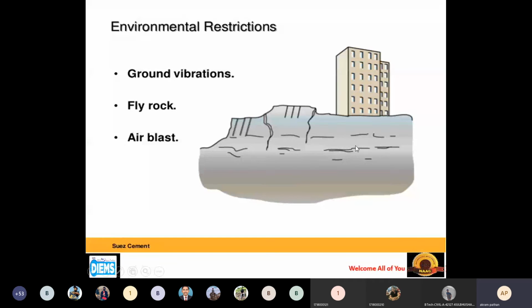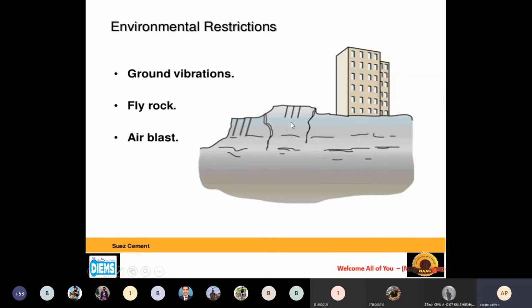Then another thing while drilling holes in a particular mine is the environmental restrictions. So there will be ground vibrations. If you want to drill holes in a mine, and certain buildings are near your working area, we should know the ground vibration, then fly rock after blasting.